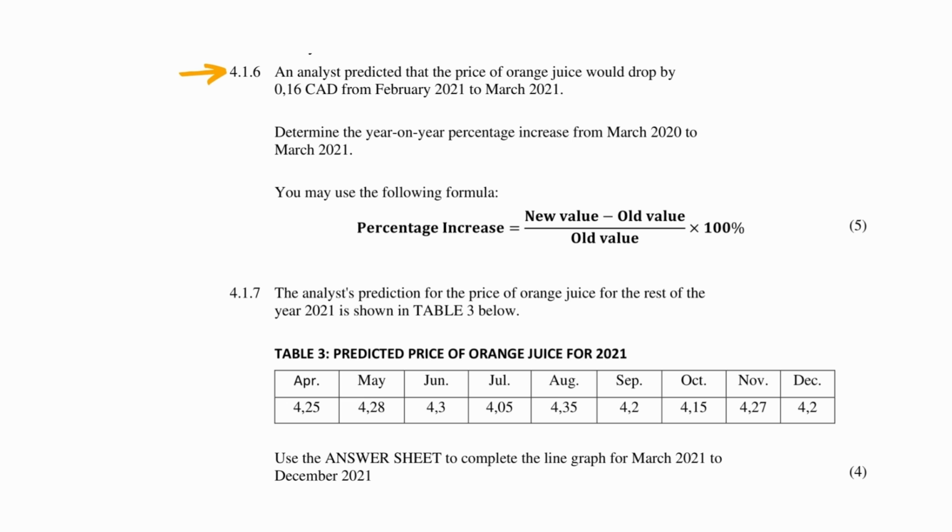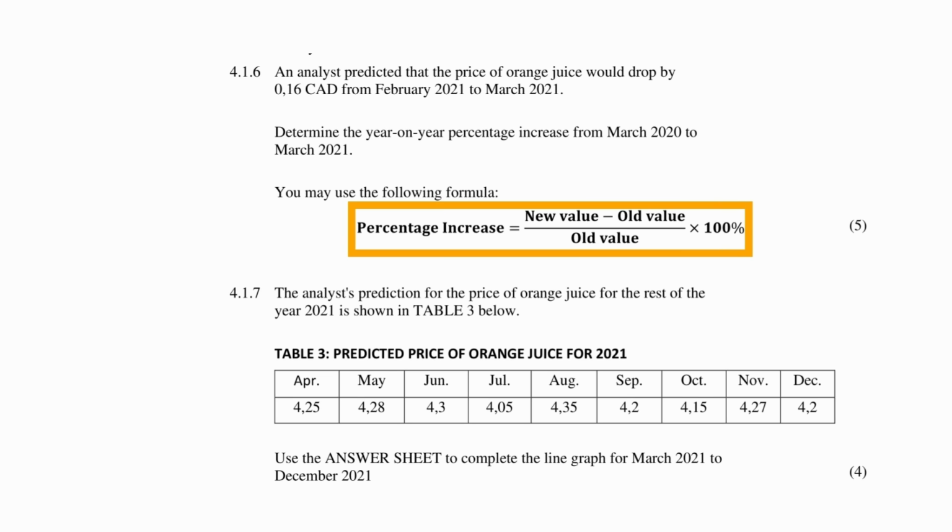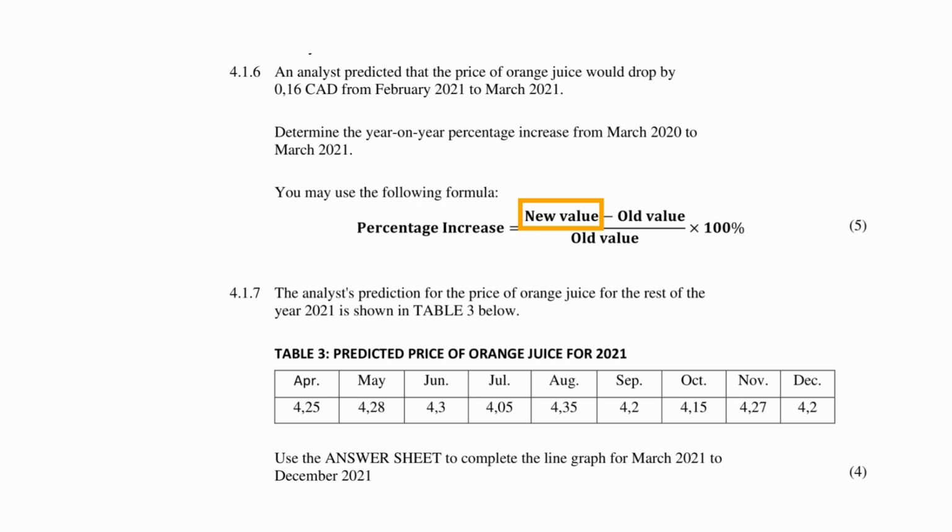In question 416, it is stated that an analyst predicted that the price of the orange juice would drop by 0.16 Canadian dollars from February 21 to March 21. You will have to determine the year-on-year percentage increase from March 2020 to March 2021. You are given a formula for the percentage increase as new value minus the old value divided by the old value multiplied by 100%. Now the new value in the formula is the price of the orange juice in March